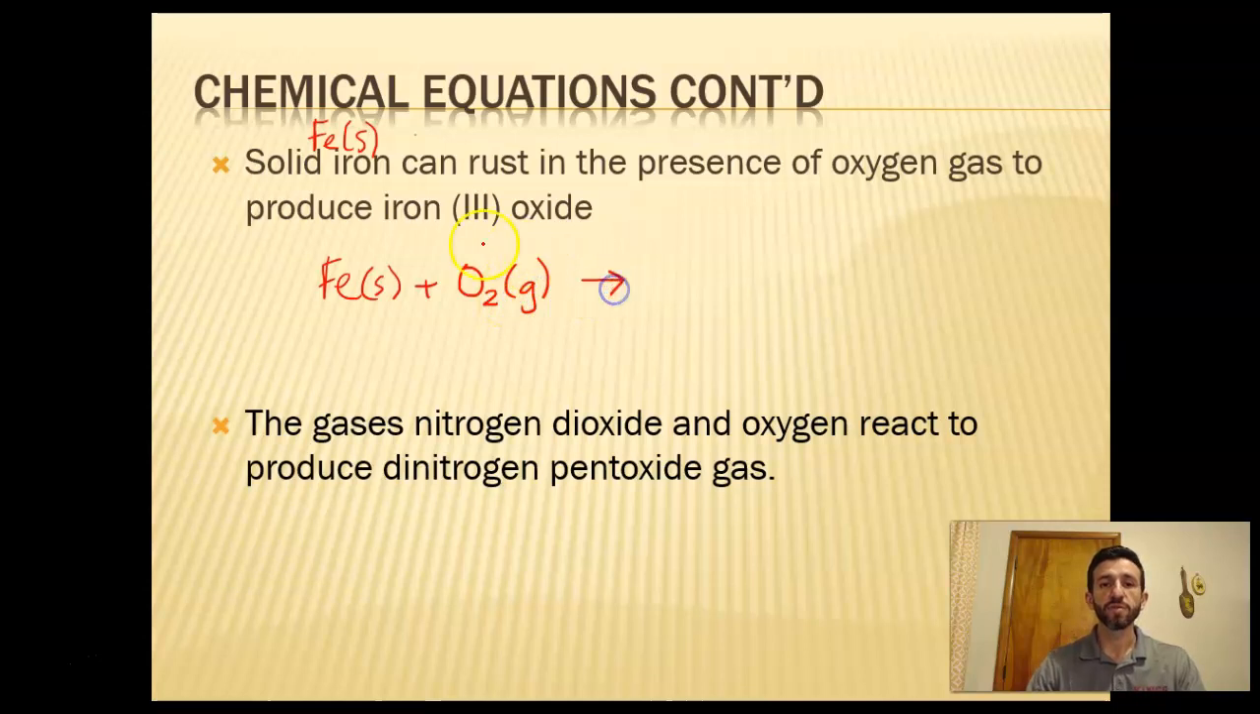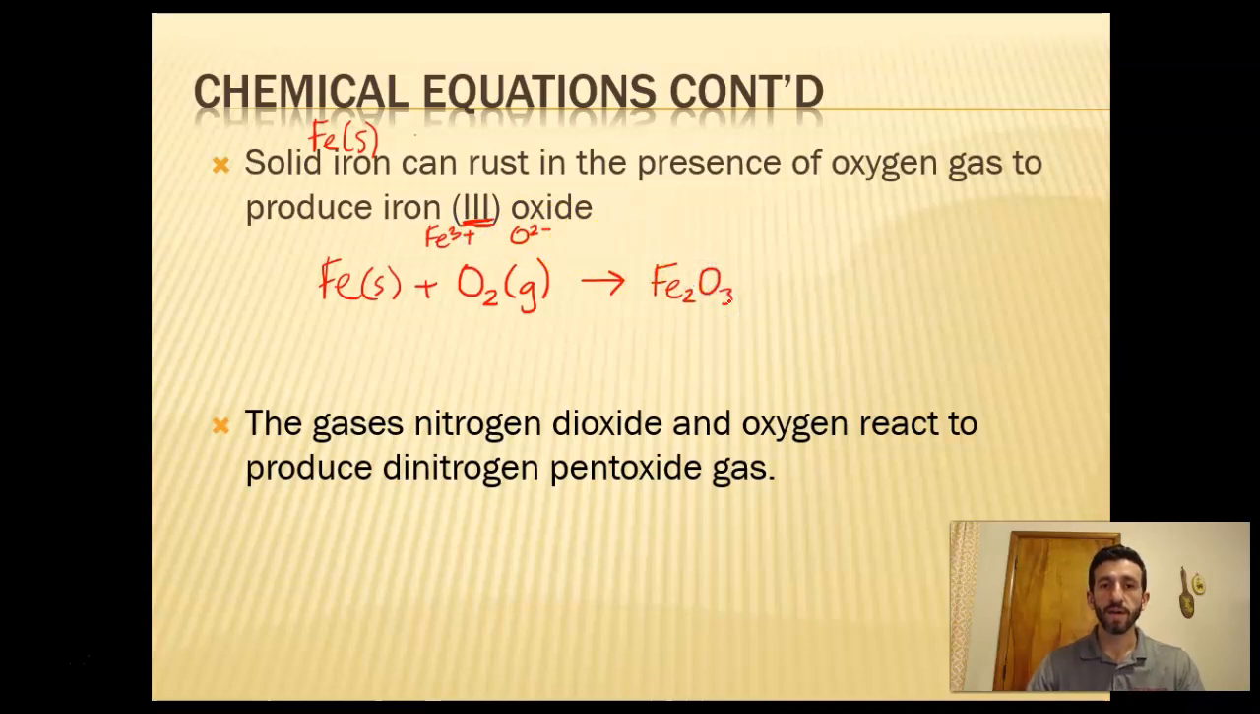And then it's going to produce iron(III) oxide. So this is an ionic formula, so it's going to have charges. Iron(III) is iron with a positive 3 charge, and oxygen is a negative 2 charge. I know that by looking at the periodic table, and for iron, it tells me right here the charge of iron. So this formula is going to be